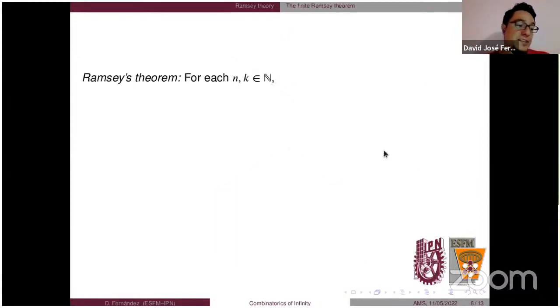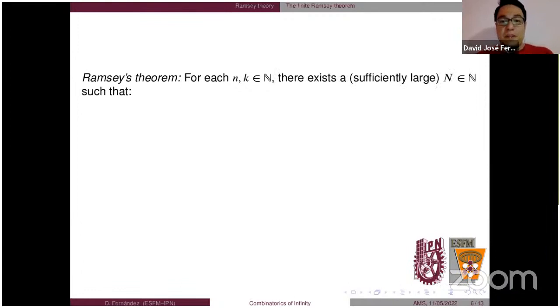Okay, so in general, Ramsey's theorem is not just for triangles, but we have for every n and k, where n, in the previous example, was equal to 3 because we wanted to find a triangle. So n is the number of vertices that we want to have all of the edges between them in the same cell of the partition. K is the number of cells of a partition. And so with these 2 parameters, this depends on n and k, but there always exists a sufficiently large number,